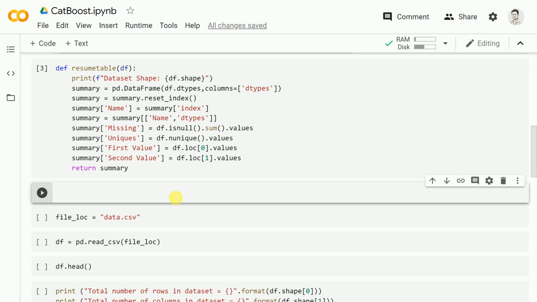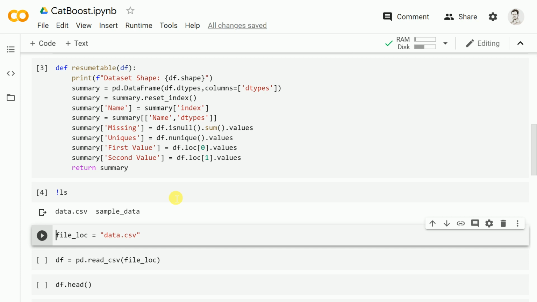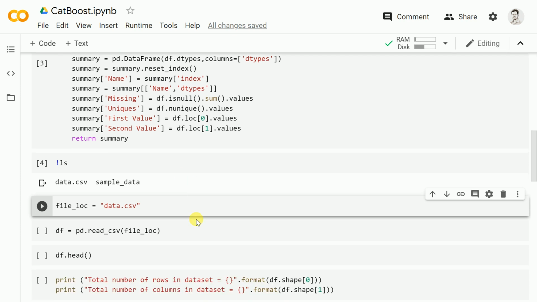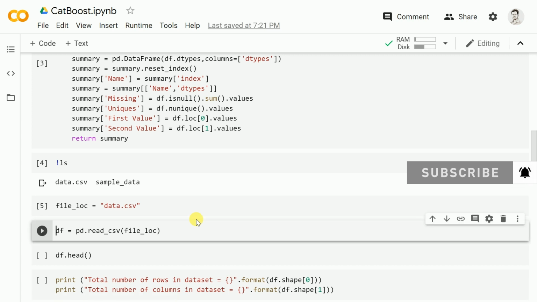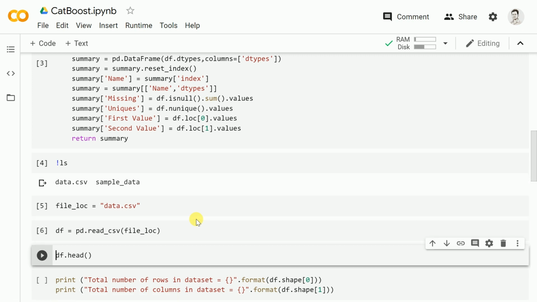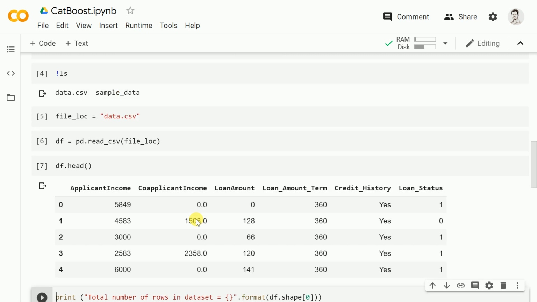Now I already have a file called data.csv. I'll come to what the file content is. I've already uploaded this file into the session, so I don't have to re-upload it again. So let's check if the file exists in the current session or not. So I'll type !ls. As you can clearly see, the data.csv file already exists in the current session. So let's go forward. The next thing that I do is I create a variable called file_log and I save the name of the file into that variable. So let's run this cell. Let's import the content of this file location into a data frame df. And let's also proceed to visualize the first 5 rows of my data frame.